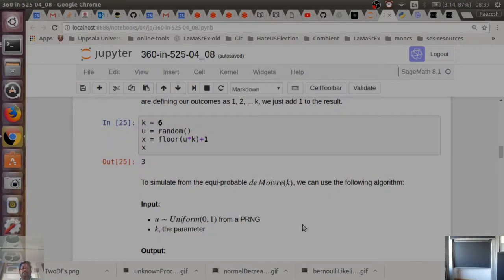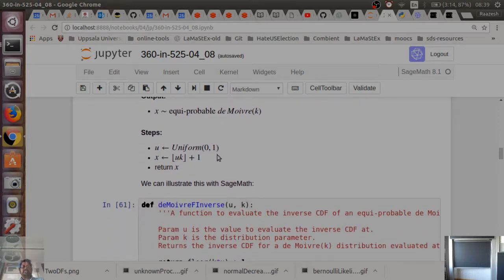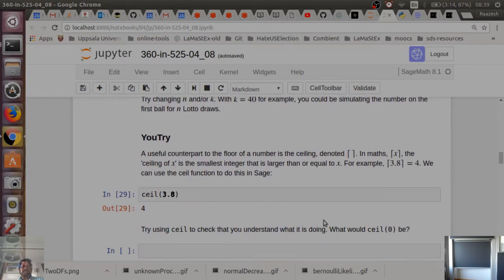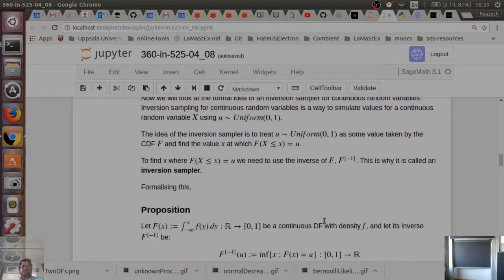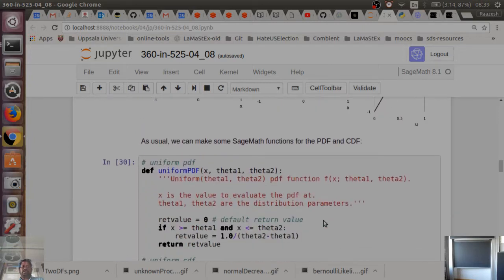Okay, so we saw how to take samples from a uniform and convert them to any other random variable using very specific formulae for inverting the distribution function. So I think the next, yeah, we saw this for continuous ones as well, and uniform theta 1, theta 2,